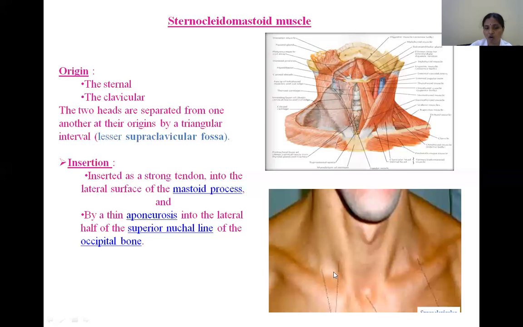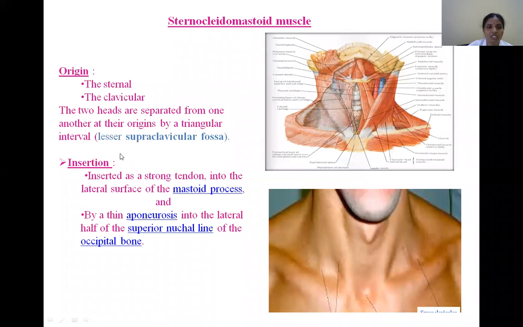It is otherwise called the lesser supraclavicular triangle or space. This space is very important, because immediately beneath the skin and fascia, deep to the deep cervical fascia, we can appreciate the termination of the internal jugular vein, through which we can insert a central venous catheter. So they can use the internal jugular vein particularly at this area for central catheterization, right?